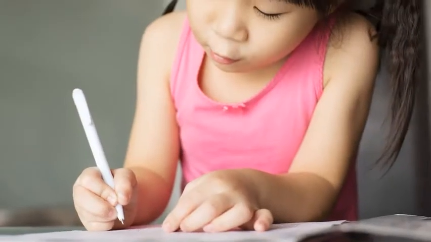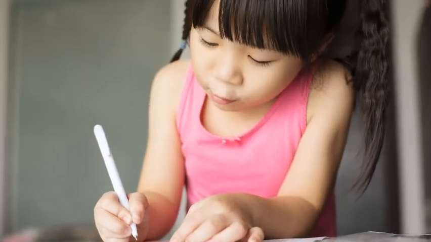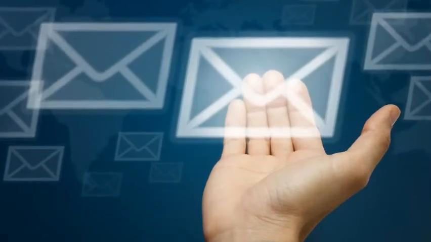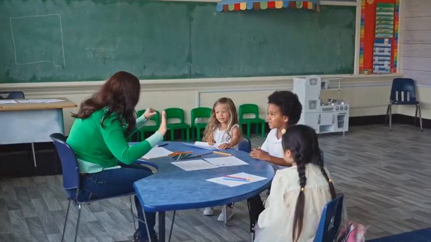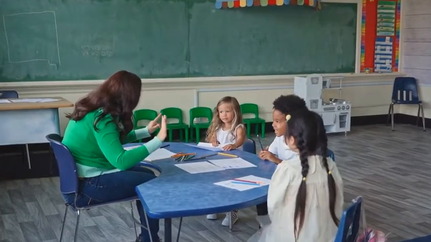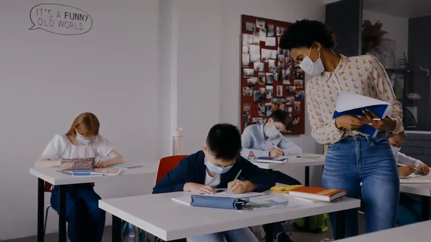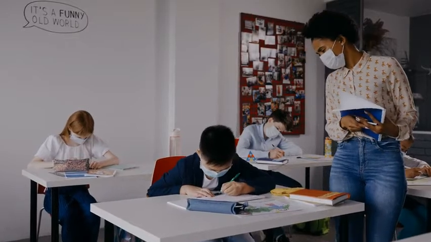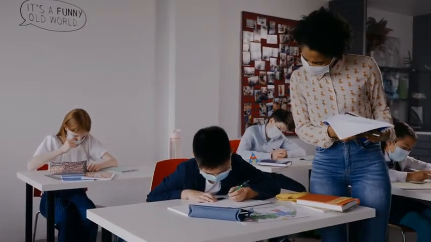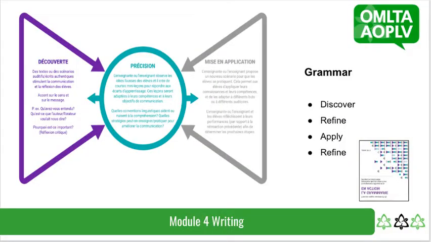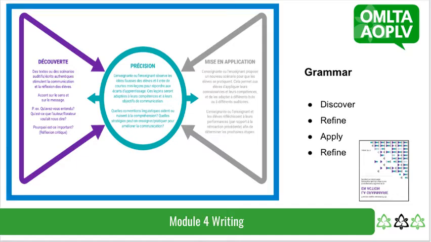If most students are becoming more independent in formatting their writing for a letter, but some are not yet demonstrating this, the educator might bring these learners together to review the specificities of a letter: salutation, body, conclusion, signature. Learners can practice as a smaller group with more teacher feedback until they are proficient enough to apply this skill independently. Similarly, if there are learners who are proficient in the format of a letter but need more support with sentence structure or vocabulary, a small group targeting this skill would be more appropriate.